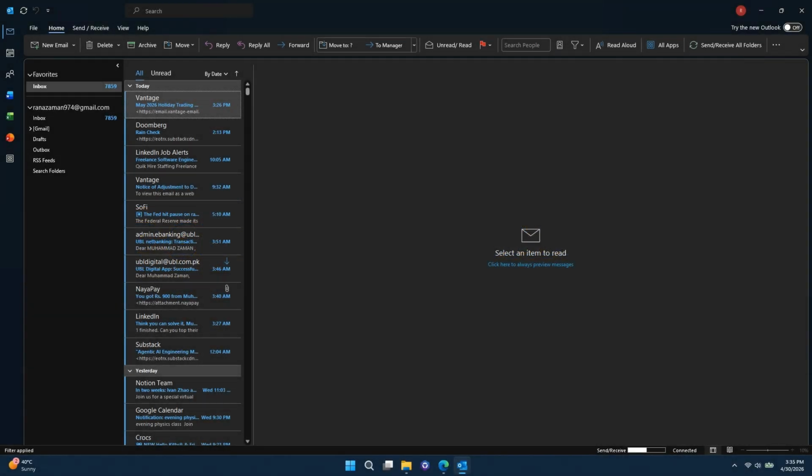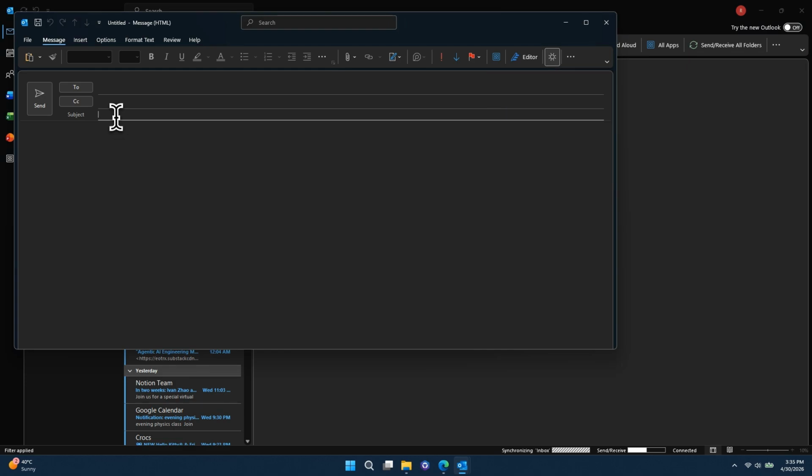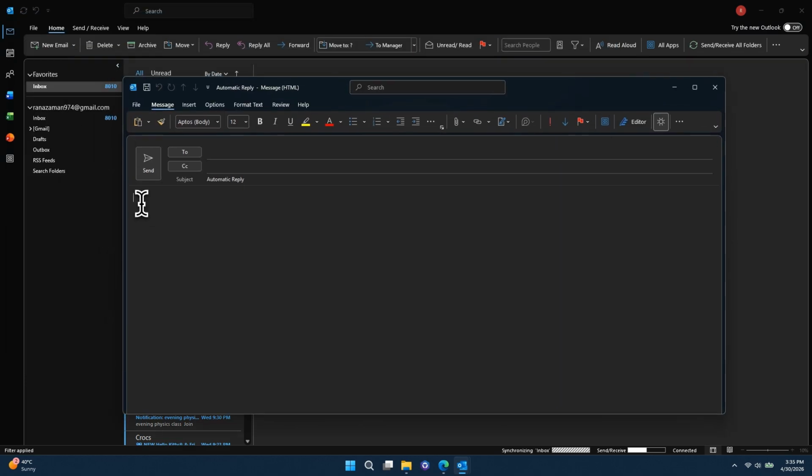To enable auto reply in Outlook using a custom message, you can set it up through rules and templates. Start by opening Outlook and creating a new email. This will be the message that gets sent automatically as your reply. Write the content you want, such as an out-of-office message or a quick response, and once you're done, go to